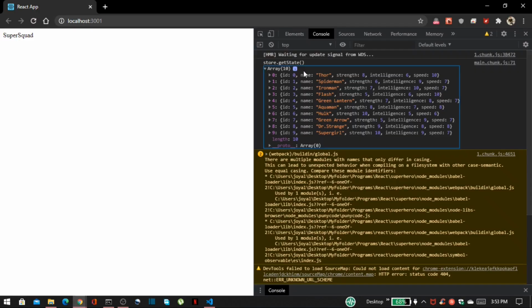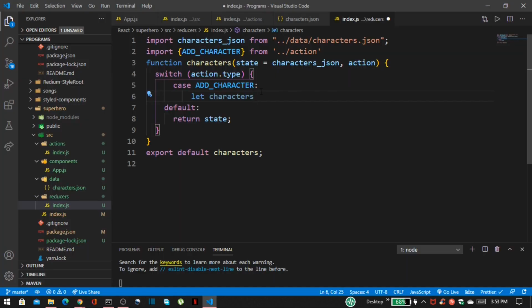Here we do like whenever we click any of these superheroes, that id will change, so that will go outside of this array. So here we have to filter that.